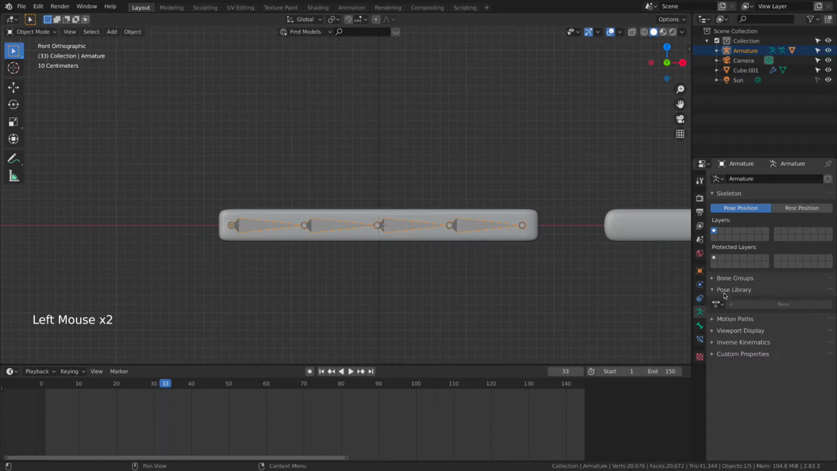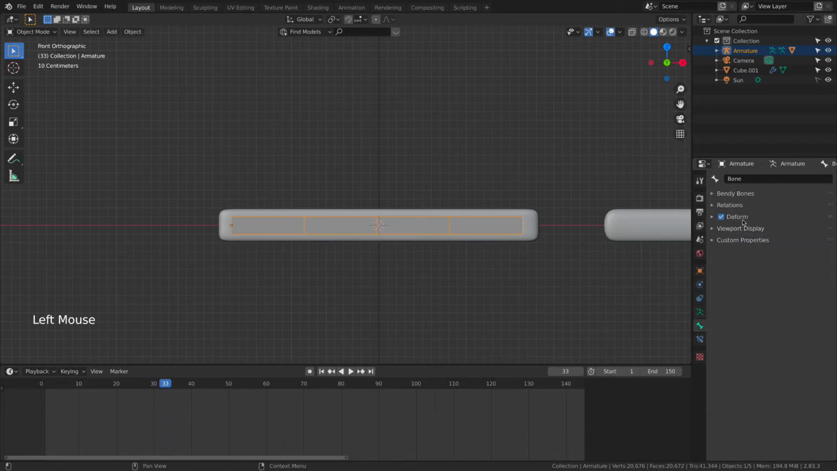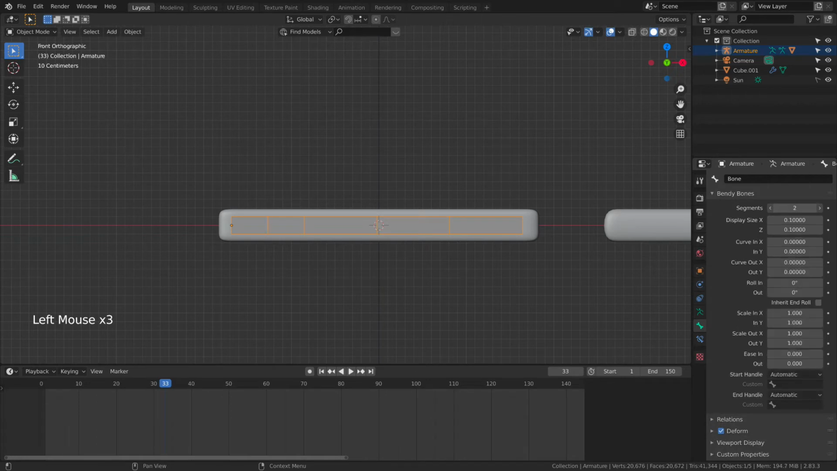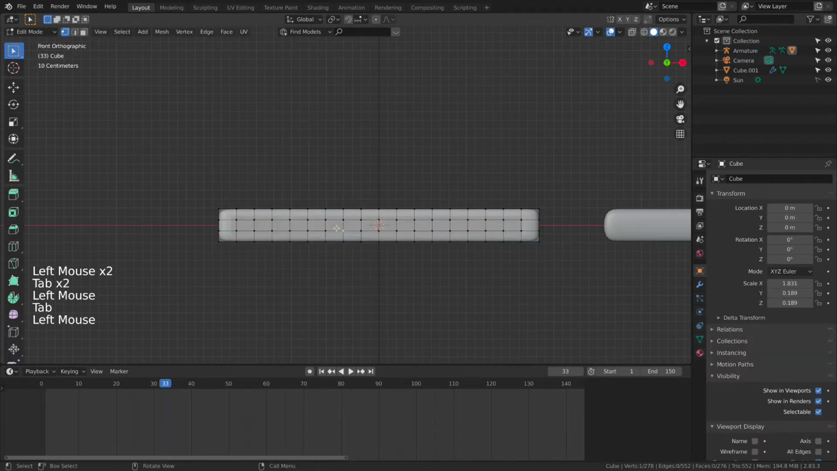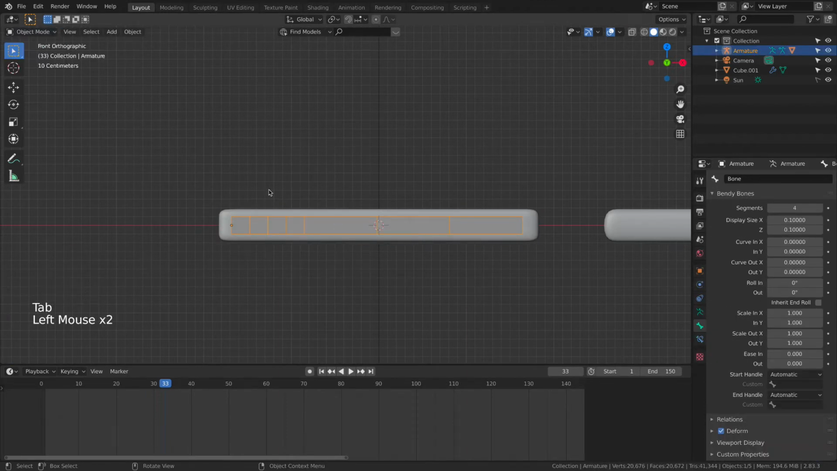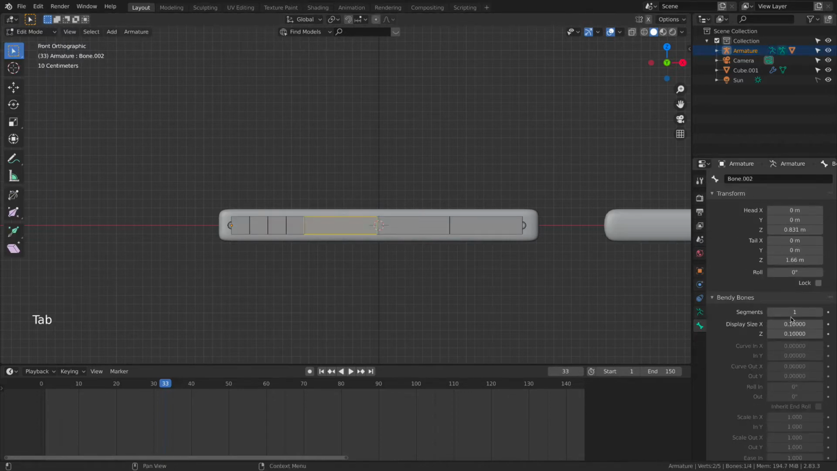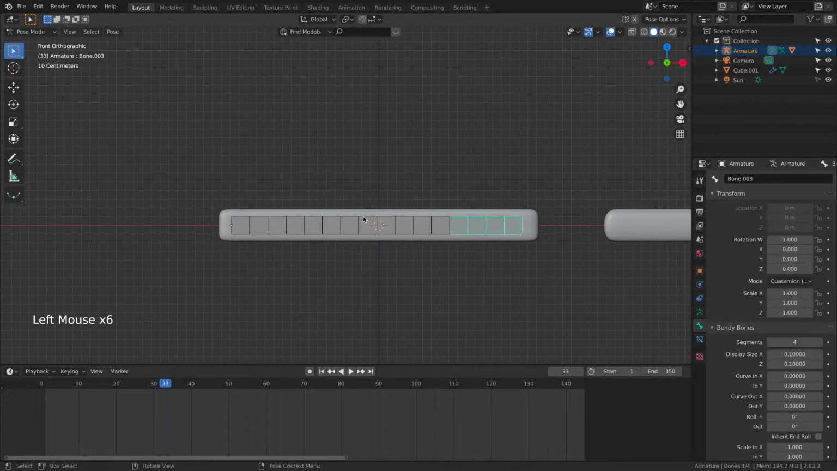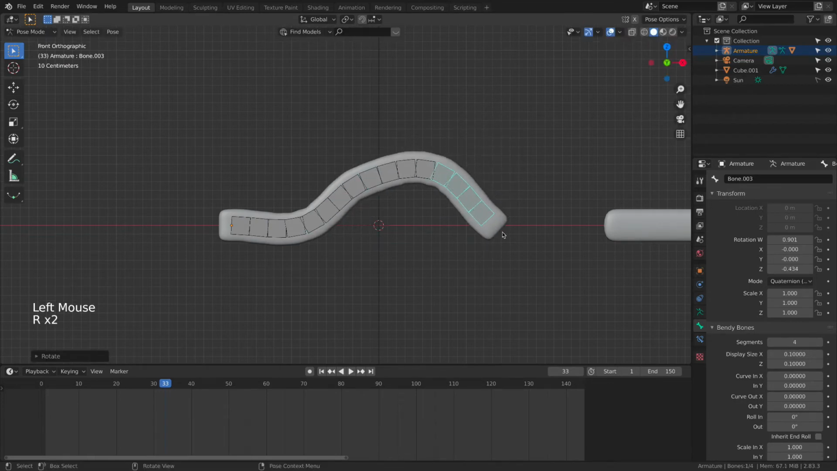So now in object mode you can go under viewport display and change the display as B-bone. So this B-bone means bendy bone, and now if you go under bendy bone you can, for example, increase the number of segments. So let's go and switch to 4. Also for this one here, and for the rest as well. So now this bone is bending a little bit better than the previous one,